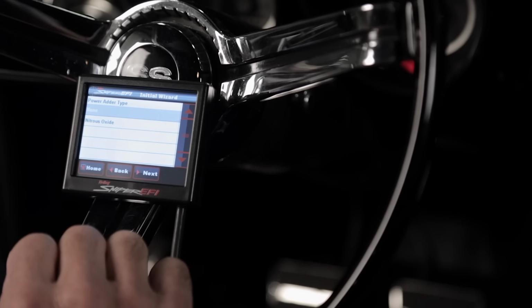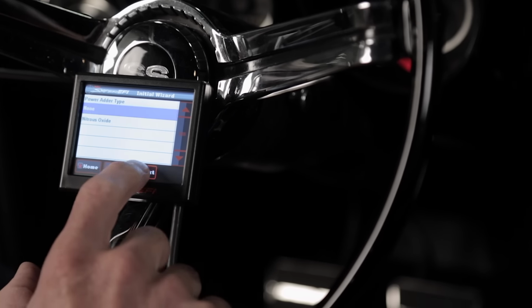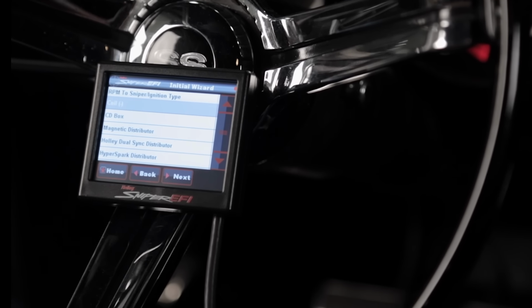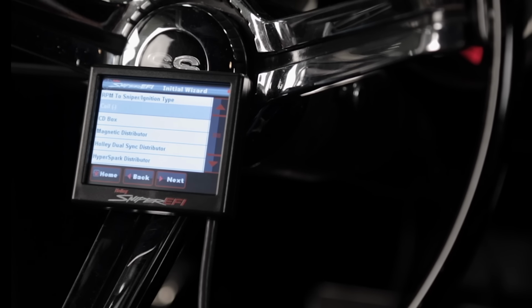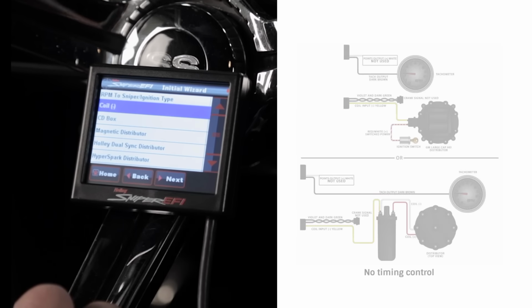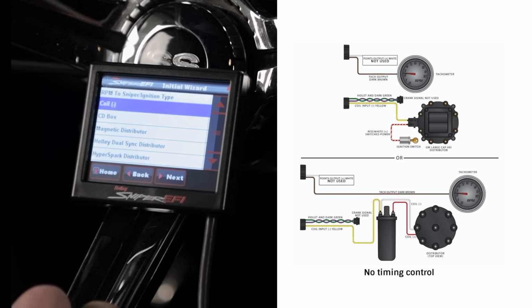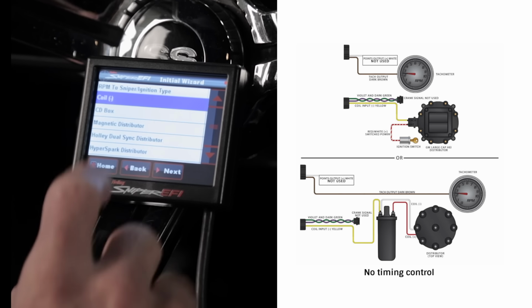Sniper EFI is capable of controlling nitrous, but we won't be running it on this engine, so I'm going to select None and Next. The wizard needs to know what type of ignition system we plan to run. If you're running an HEI or a stock inductive style coil, you'll need to choose the coil negative option. Timing control is not available with this option. If your ignition system includes a CDI box, such as an MSD or Excel unit, you'll need to select the